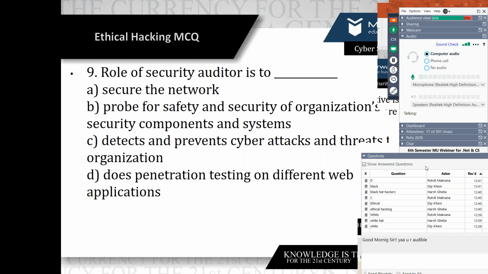Okay, Yatri says the whole session would be MCQ. Yes, Yatri, the whole session would be MCQ because we covered our whole syllabus. Now, if you have any particular topic, query or doubt, I will revise that topic. Otherwise, we mainly focus on the final exam as well as your mid-sem exam too. So that's why I am doing MCQ related to my practices as well as the revision in MCQ questions.